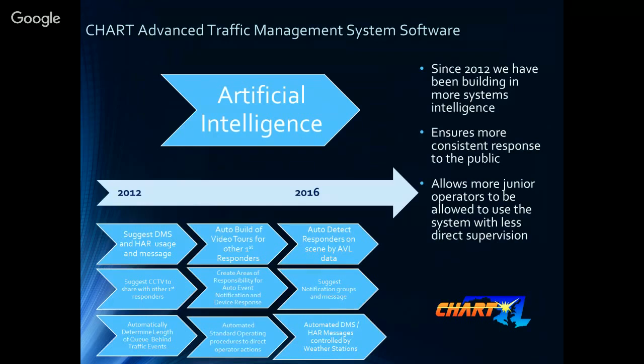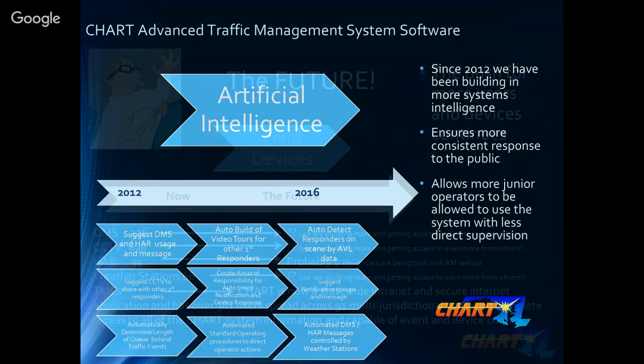If the guy's already typed in that it's a crash, then the first line of the message should be crash ahead. If you've already said it's on I-95, then the second line of the message should say I-95. It's not rocket science to give these human operators a little bit of extra help as far as what messages should be going out. Suggesting cameras, standard operating procedures popping up when they're doing stuff, suggesting the groups to notify. These are all things built around the idea of allowing these junior operators to be as productive as